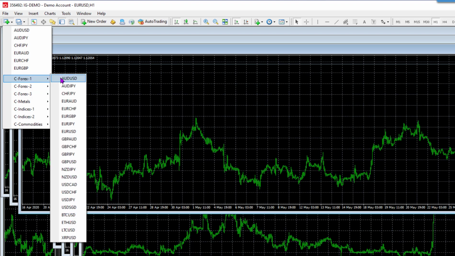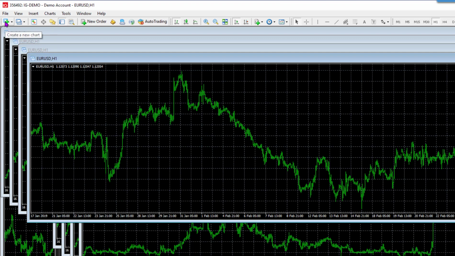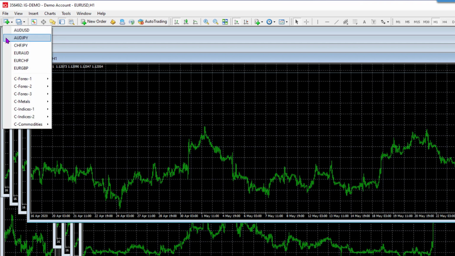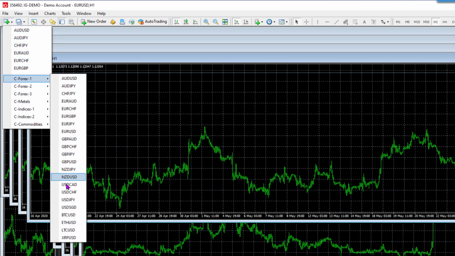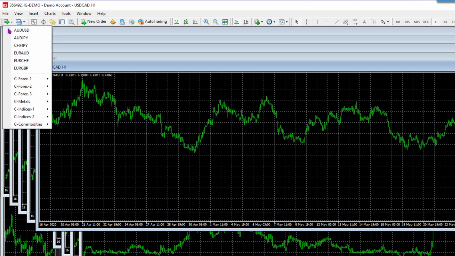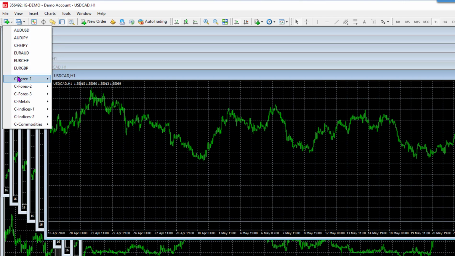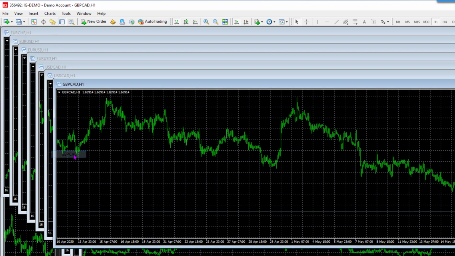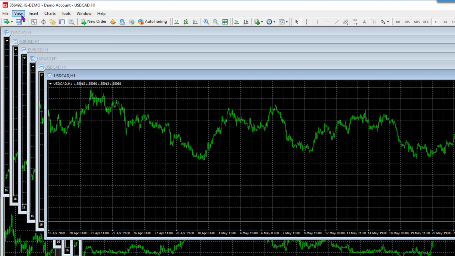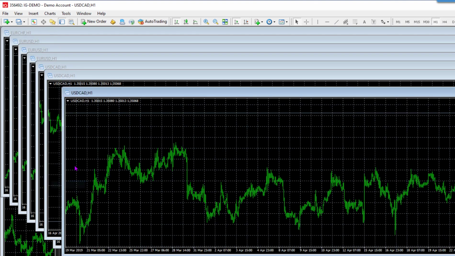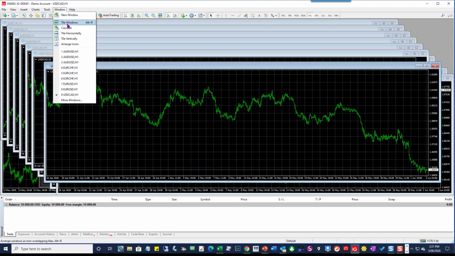Oops, where's it gone? There it is. And we need, we've got enough of those, and then we need the US CAD. Let's see where that one is. US CAD, there we are. Load 3 of those. All right, so very shortly we're going to have 12. Oops, wrong one. Just delete it. And US CAD. Okay, so what I now do to tidy all of this up is I just say tile windows,